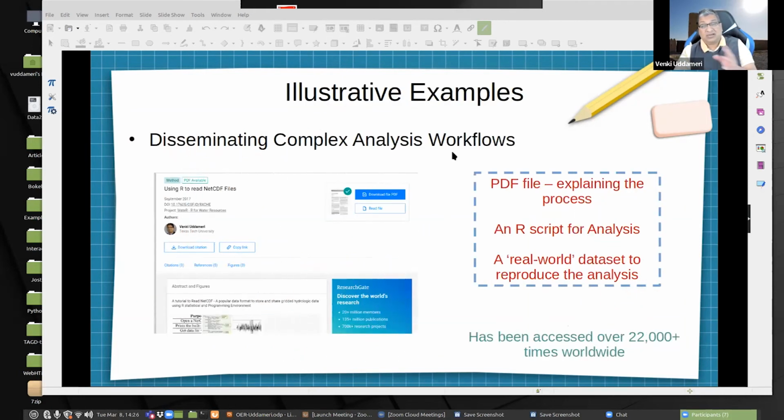So there are many things that we can do. So what I'll do is give a few examples of how I have used OER in the past, and then open it up for discussion and for additional thoughts and comments. So I've been teaching for over 20 years now, and one of the things is I've